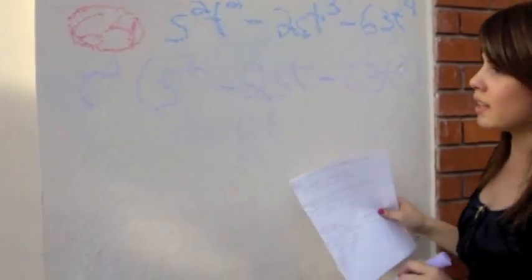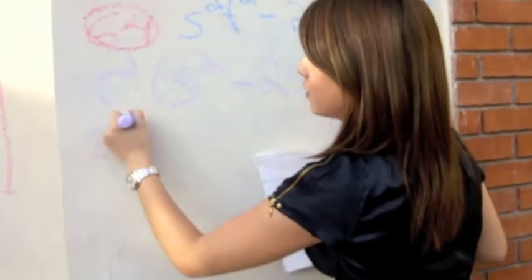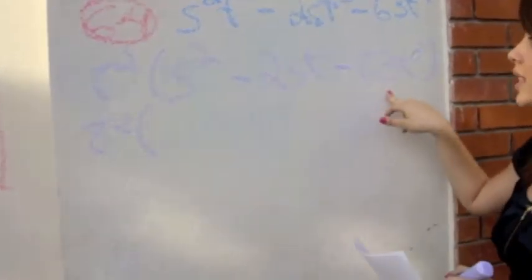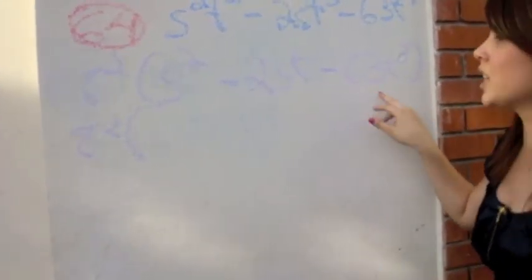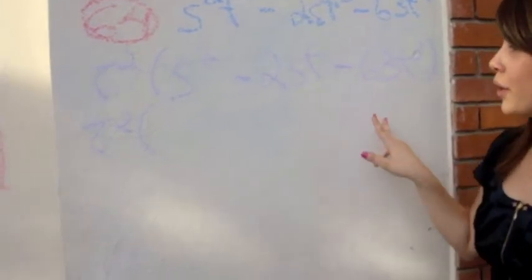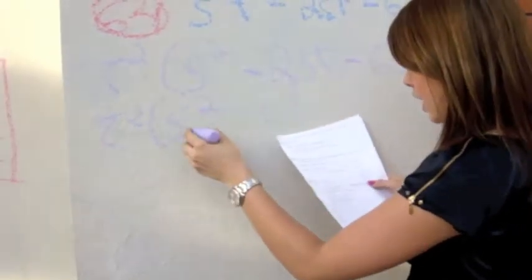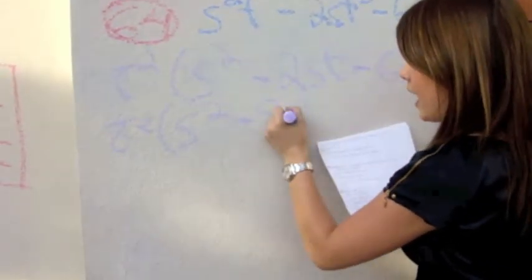To do this, you need to multiply the first term and the last term, so it's minus 63. Then you need to find two numbers that when you add or subtract them, you obtain the middle term. So in this case, it is